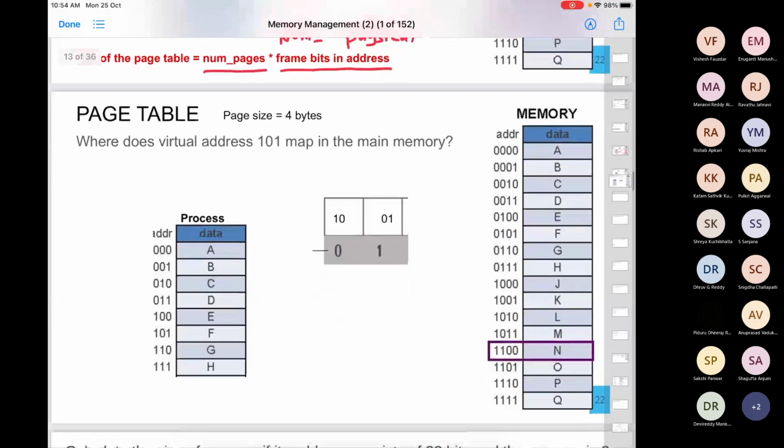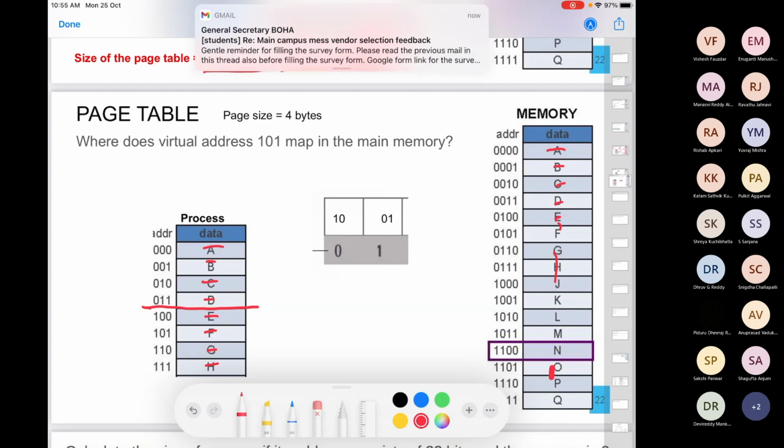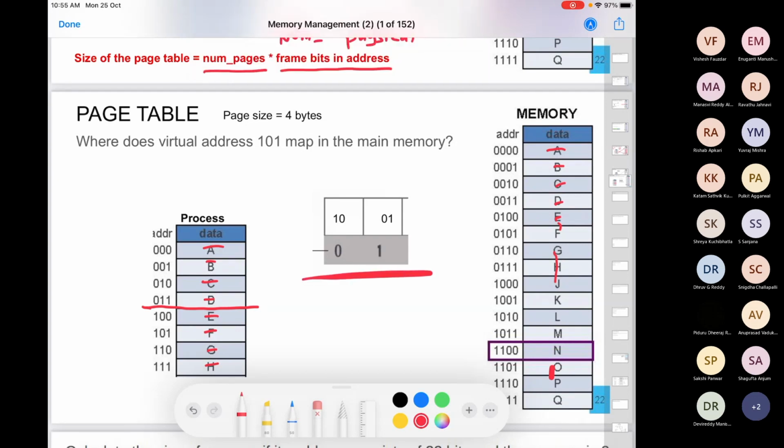Now look at this. Again, ignore all these contents here. Let's say this is the scenario which is given to you. The page size or the frame size, which are always going to be equal, is 4 bytes. So 4 bytes here, and again, main memory is divided into frames of 4 bytes each. This is the page table which is given to you. Can you tell me the physical address of 101? How will we compute it? The location 101 is somewhere here in the virtual memory, and this page table is given to us.